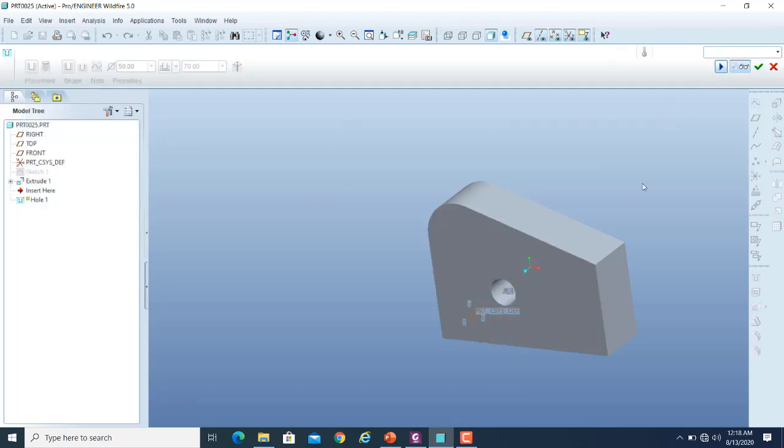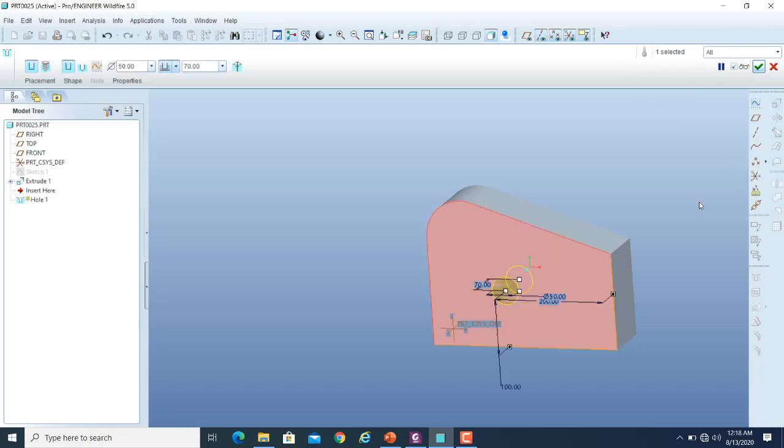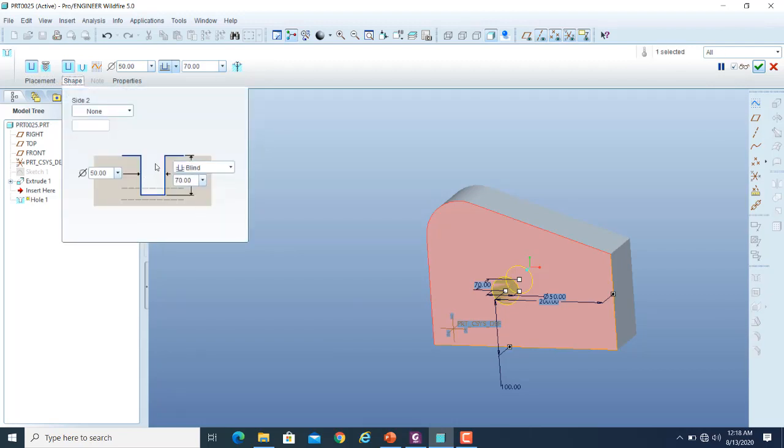And now if you want to see the end result, so this will be the resultant form of the feature that you have defined. You can see some of the tabs over here also. Placement तो आपने define कर दिया. Other is the shape option. So if you click on the shape tab, so it will show you the cross section or the sectional view of the whole feature. So the sectional view का जो option है उसमें भी आप ये डायमेंशन जो है चेंज